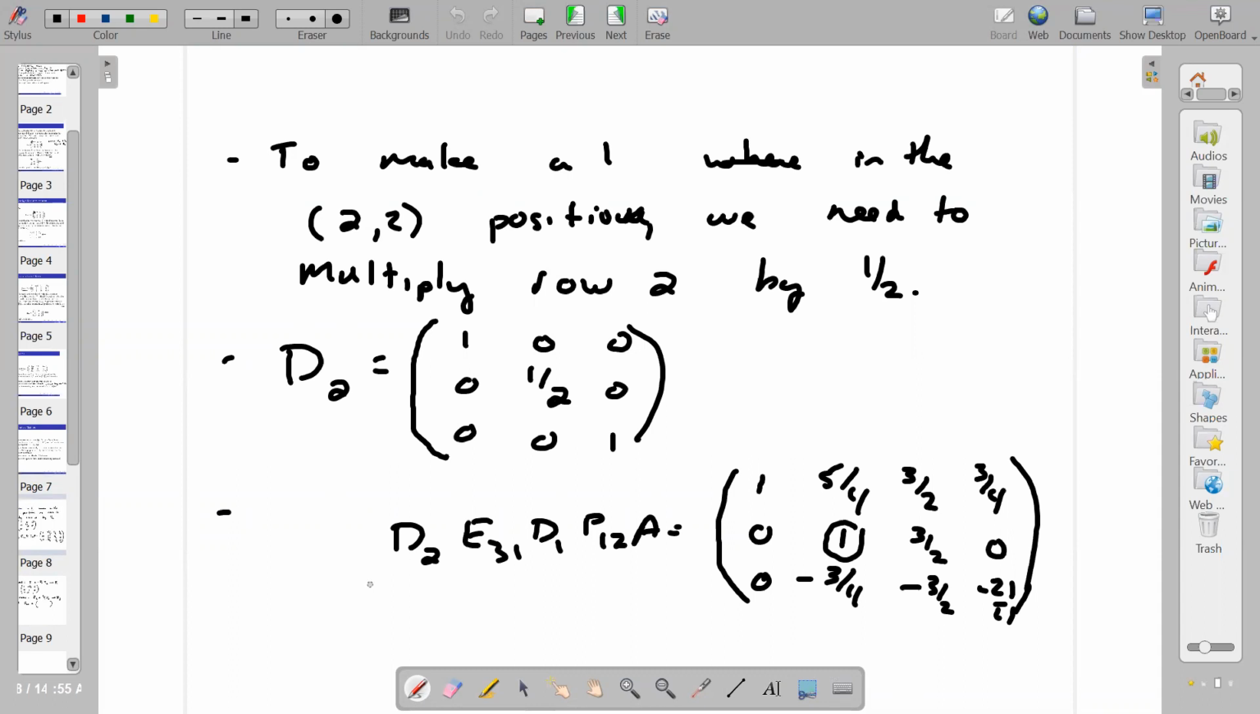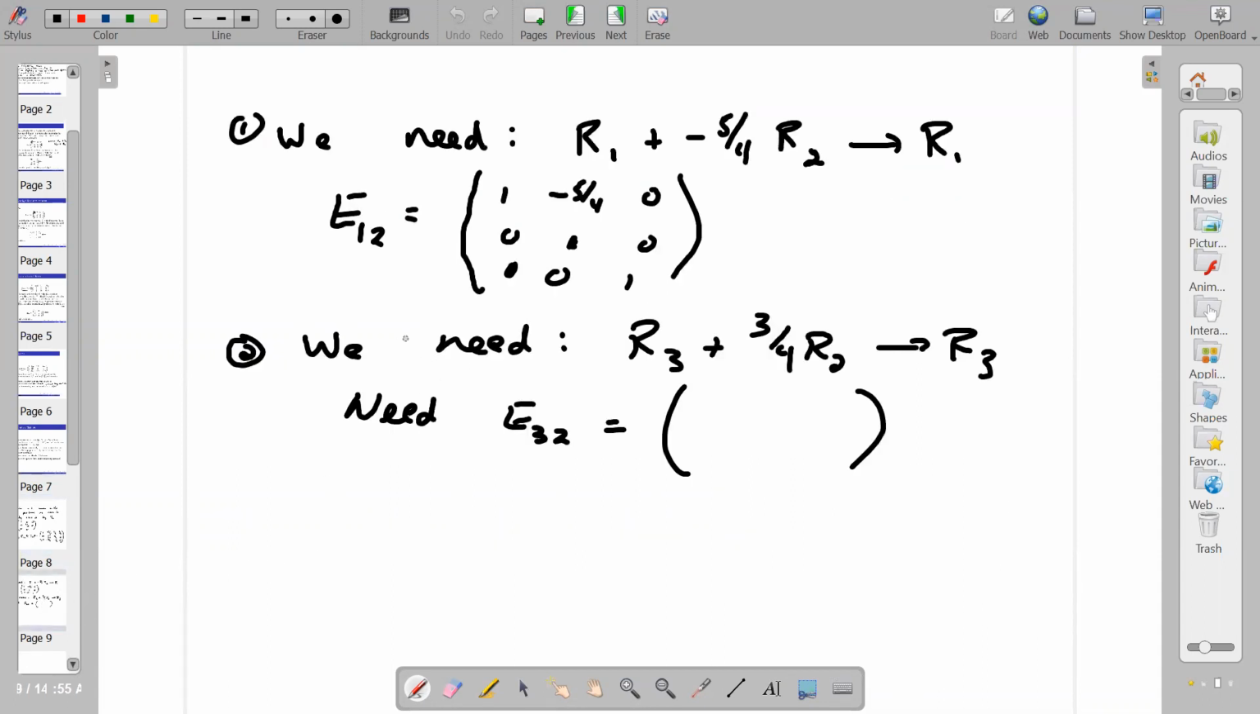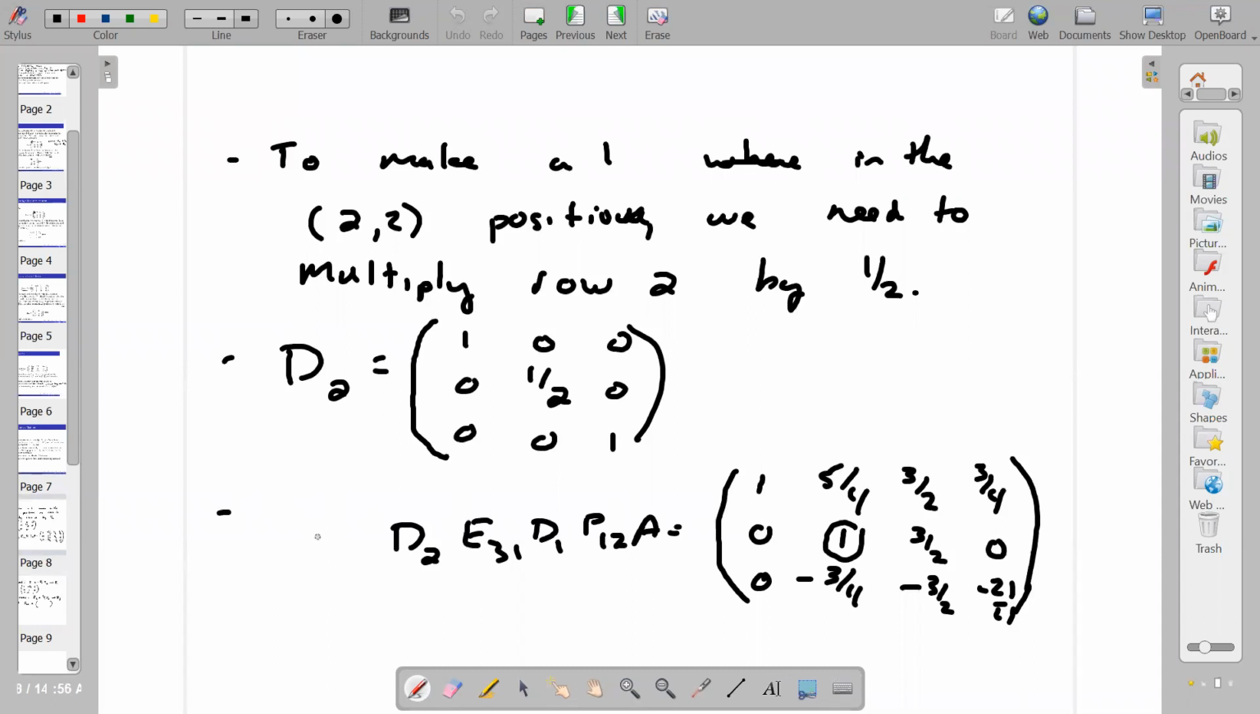D2, E3, et cetera. If you think about what you would append to it, it would be these two matrices from right to left. So it would be E12 followed by E32. So if you take E12, E32 times all of this stuff,